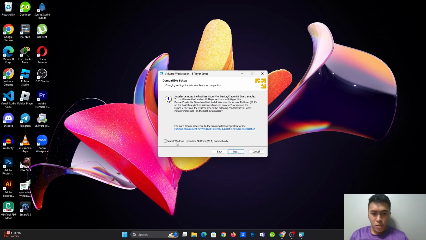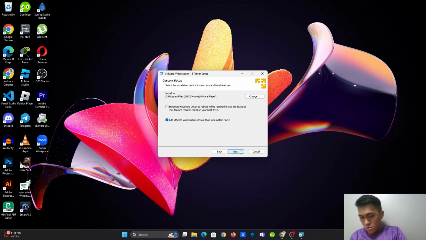This is a recommendation if your PC or component supports Windows Hypervisor, so you can click this if you want to run your VMware smoothly.